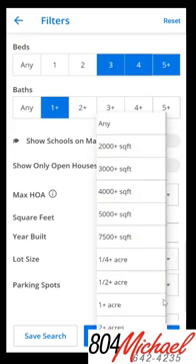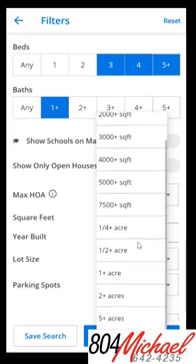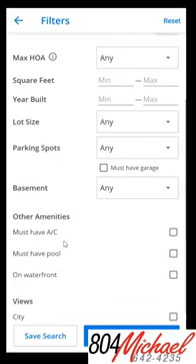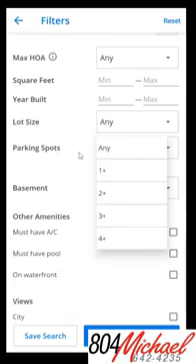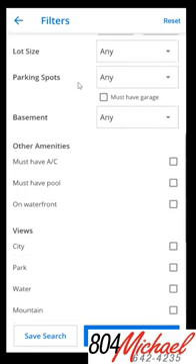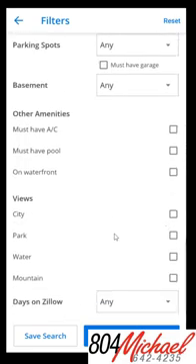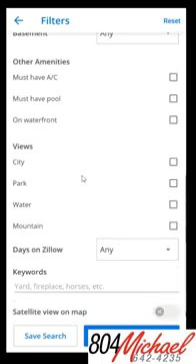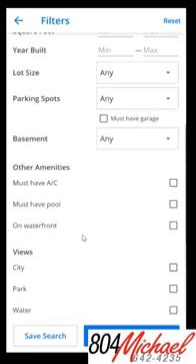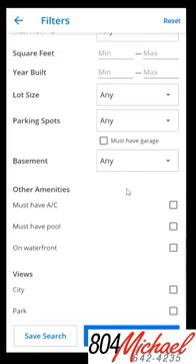Sometimes you want a little bit more land, so 1+ acres, 2+ acres, up to 10+ acres, if that's important to you. Parking spots, not as big of a deal here in this local market. And one thing that I have to say about all of these kind of filters that you can put in here is it have a city view, a park view, number of days. Some of these more specific features I generally don't recommend searching by